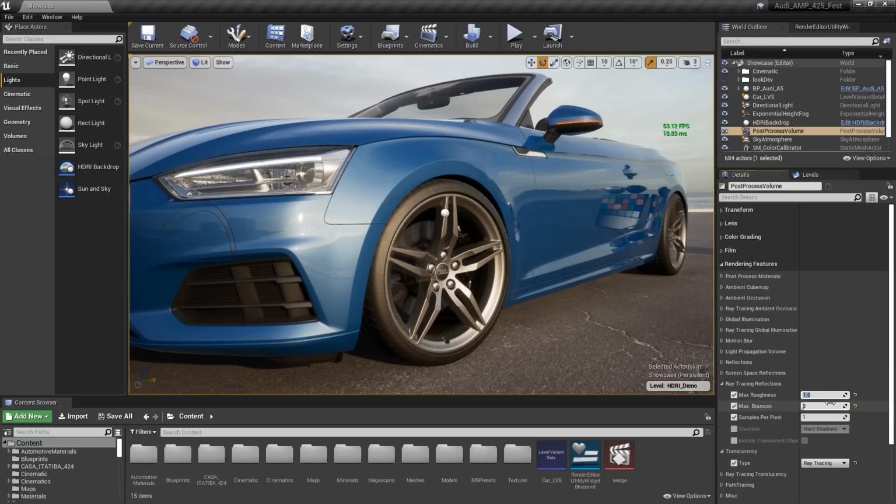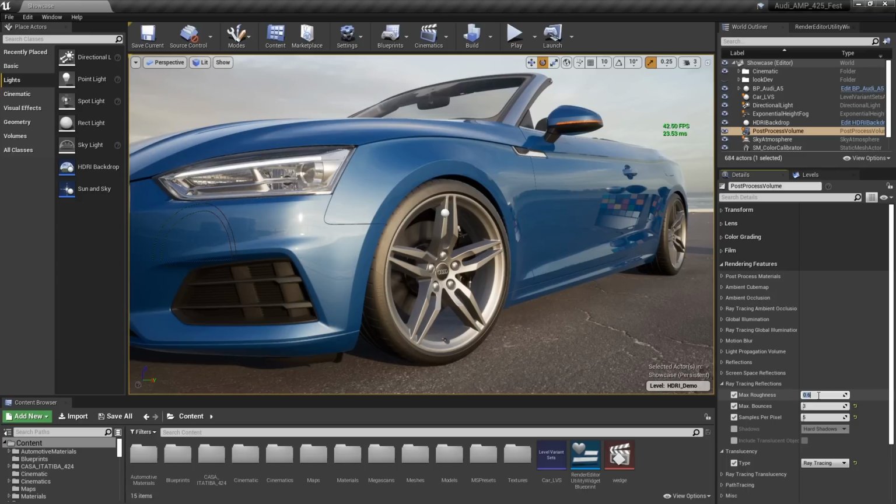And it looks cool. And it costs us like 4 milliseconds to do that, but it also introduced some noise. So if you wanted to clean the noise up, you'd have to start to increase your samples. So if we go up to 5 samples per pixel, it cleans up the noise a bit, but we're around 40 milliseconds now, right? So that's not good. So let's just drop this back down to 0.6